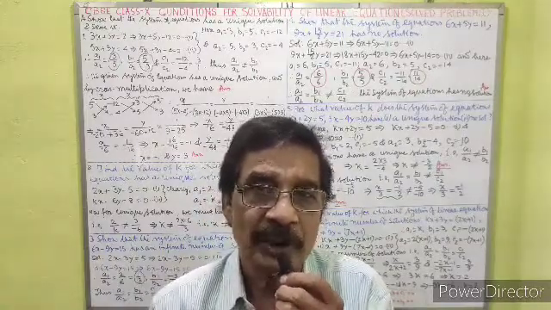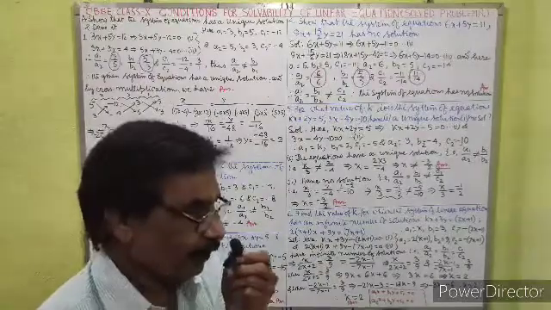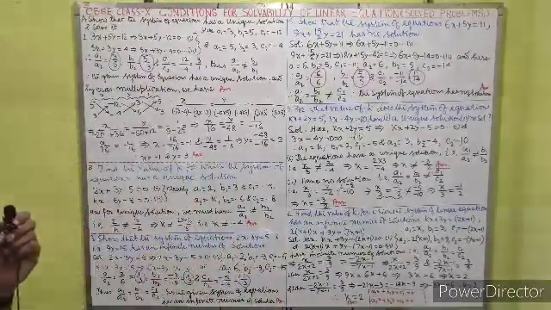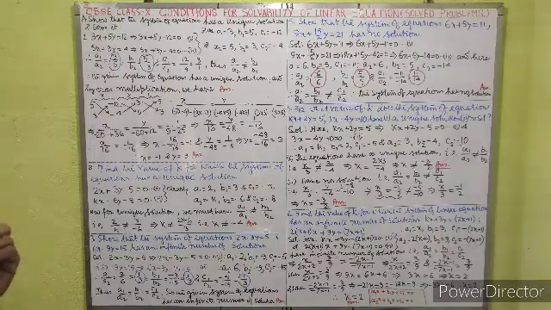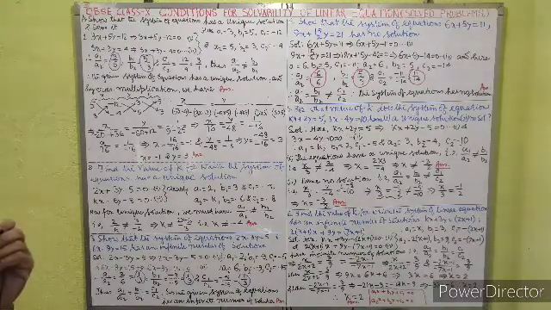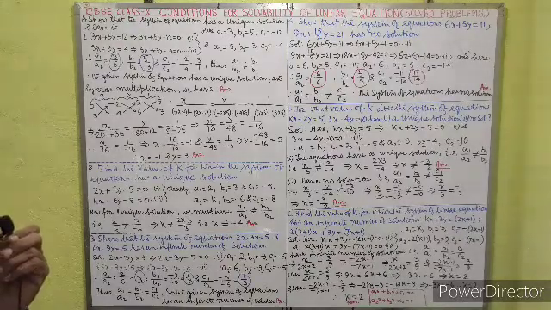Today's chapter is the same which we started previously. It is from CBSE class 10, conditions for solvability of linear equations. Solved problems are given here, 6 solved problems. From the beginning, we have told that here two simultaneous equations of two variables x and y